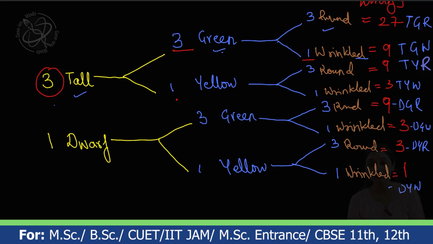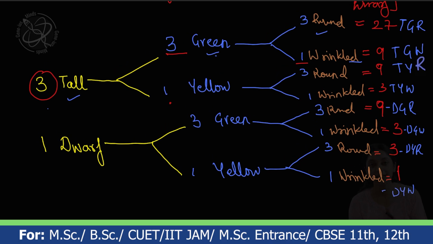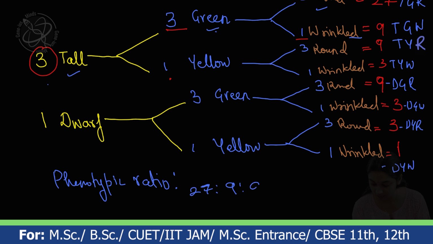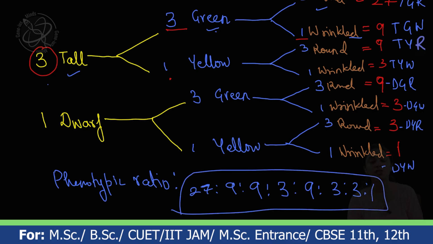So this is an easy way to get the ratios. Making a Punnett square consumes a lot of time, so the fork line method is an easy way to get the numbers. Now if anybody asks you to write down the phenotypic ratio for the trihybrid cross, the ratio is going to be 27:9:9:3:9:3:3:1. So this is the phenotypic ratio, and the fork line approach to get the ratio for the trihybrid cross, where we have taken 3 different characters, and this is all about the cross.